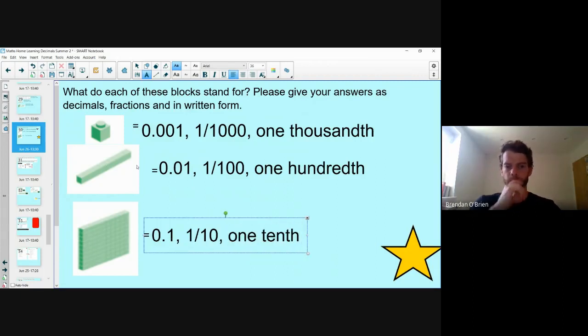So remember, we've got 10 small blocks in our long line. Okay, so if I have 10 thousandths, I can make 1/100th. If I have 10 hundredths, I can make 1/10th. Okay, so we've refreshed that knowledge, and now we'll move on to looking at what we're going to do today,